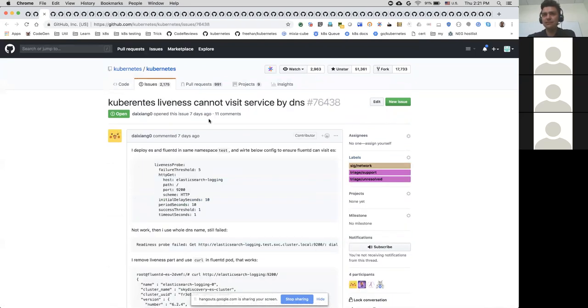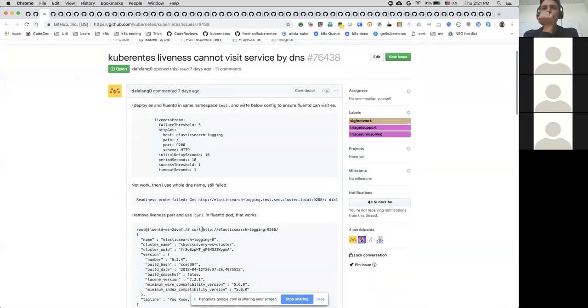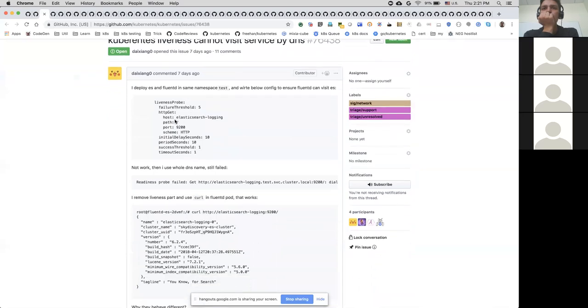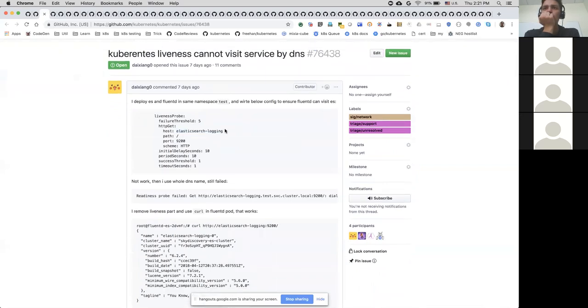Next one. Kubernetes liveness cannot visit service by DNS. I think this is working as intended because it's the kubelet executing the liveness probe, and kubelet doesn't have the kube-dns.